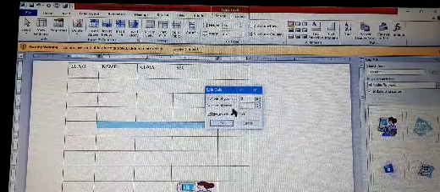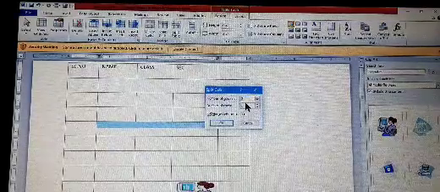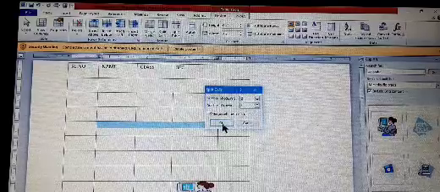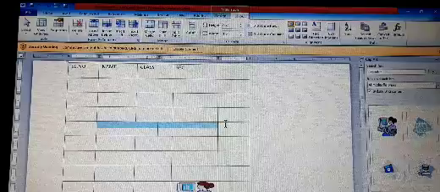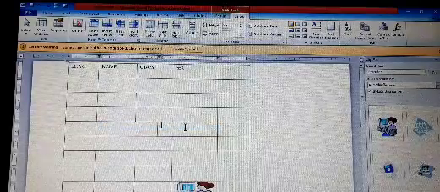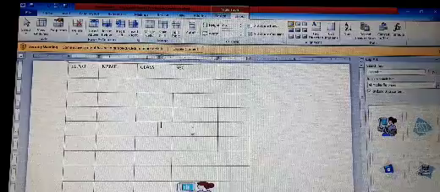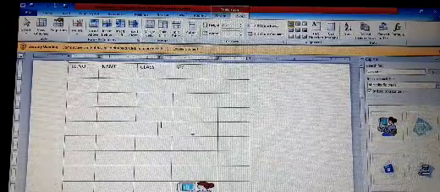Number of columns 2, number of rows 1, that is 2 into 1 means 2 cells. It splits the cell into 2 cells. In this way you can merge and split cells.